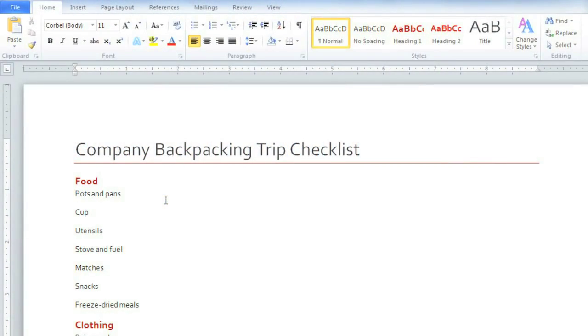I'm creating a checklist for an upcoming trip, and right now it looks a little boring, so I'd like to format it so that it has a bullet in front of each item. Adding bullets in Word 2010 is easy. All you have to do is select some text,